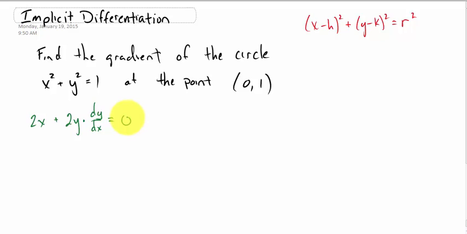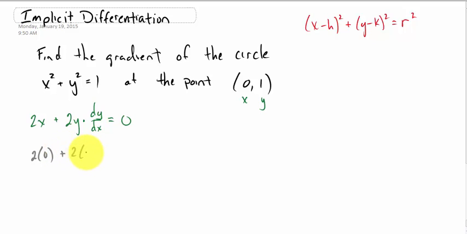Some people would say, well, solve this for dy/dx right now, then substitute your values for x and y and solve for dy/dx. I prefer to substitute first, then solve for dy/dx because it gets rid of all the extra variables, and I think it makes it a little bit smoother to get dy/dx alone. So,